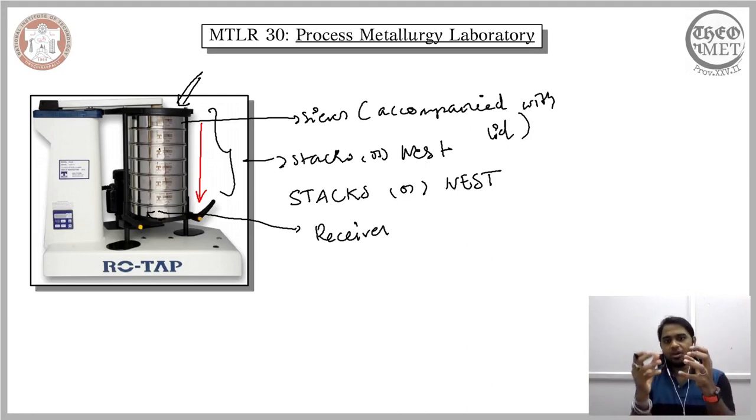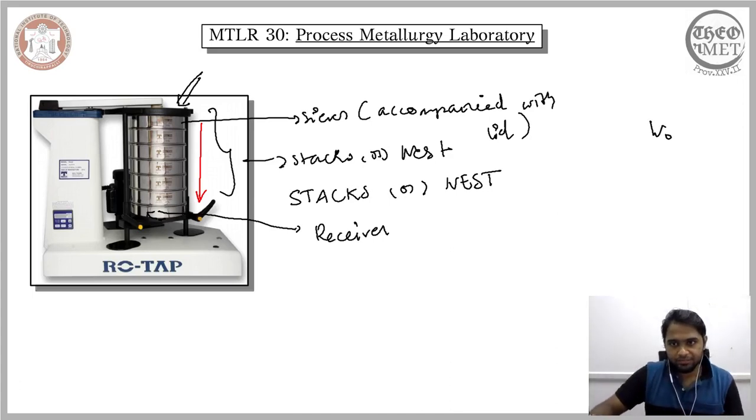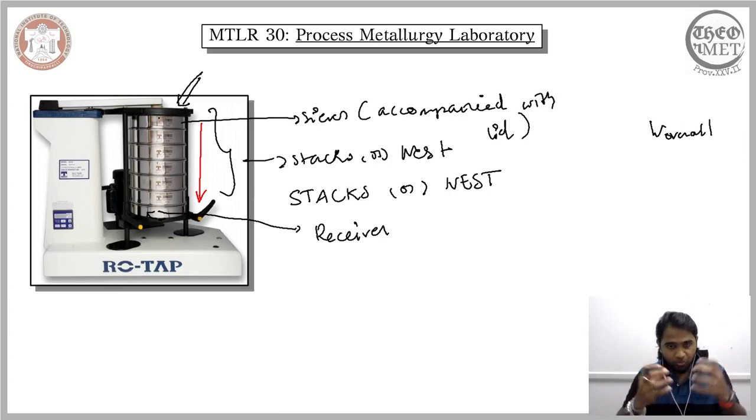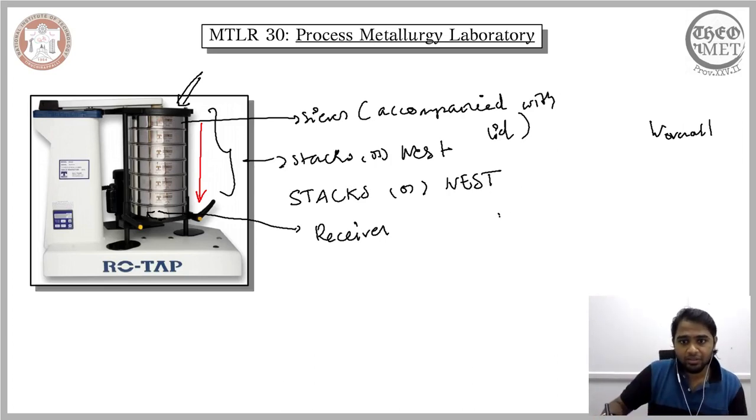And finally, the particles that are so small that they have gone through all these apertures get collected in the receiver. Essentially what you will be doing is, you already know the overall weight, and you will be measuring the weight of the particles that are collected in each of these sieves, and then you take the ratio. So for instance, after the overall process is done, I calculate the weight of the fragments that are collected in C1.